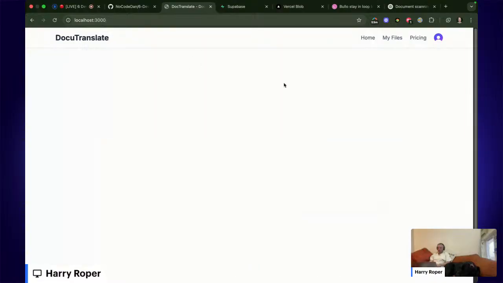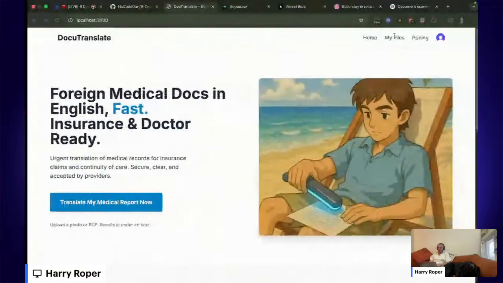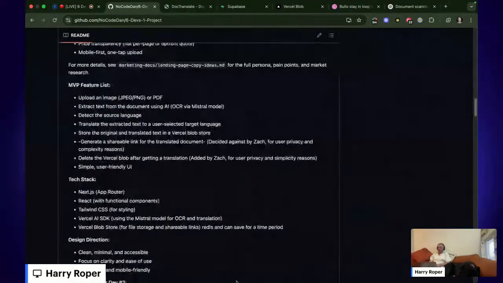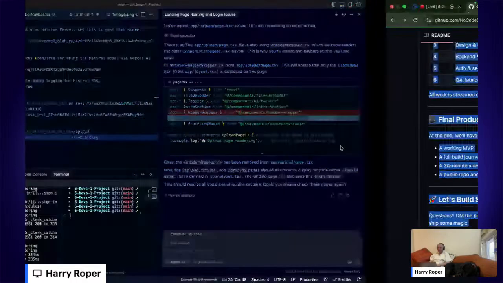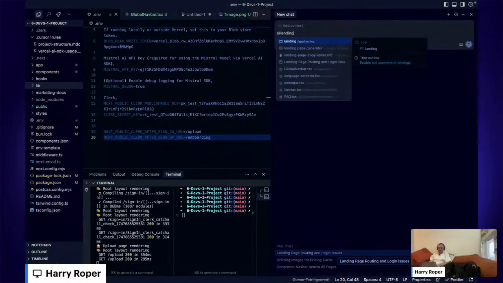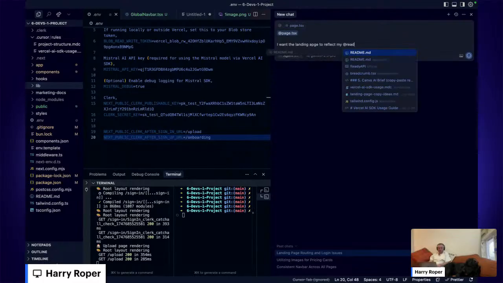Sometimes I like just doing this for these kind of prompts, and then type in landing page. Oh no, it's actually on the index, right? Slash page. It's the app. I want the landing page to reflect my. Oh yeah, this is actually the README, right? So if I just do